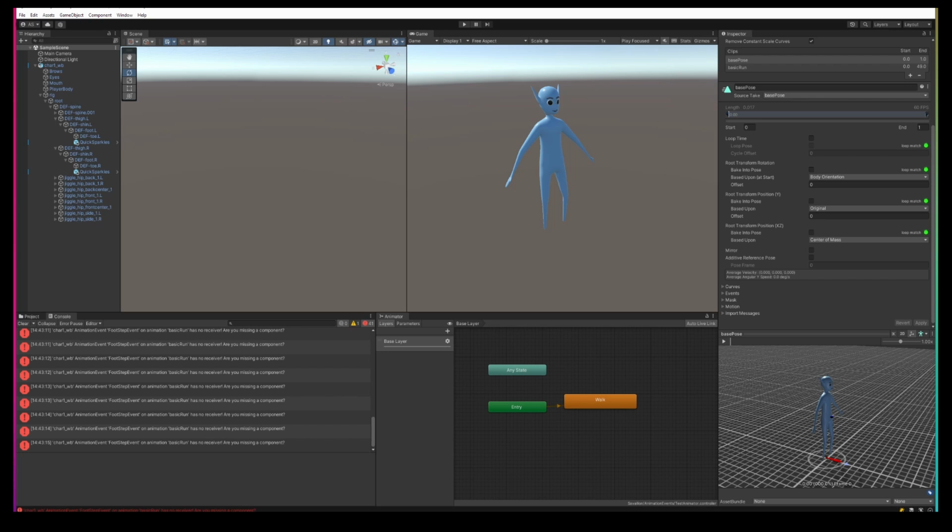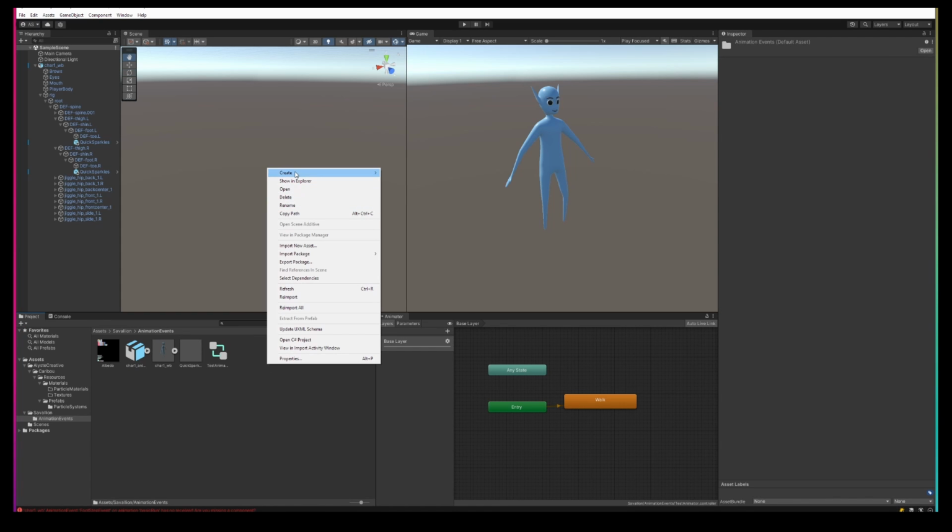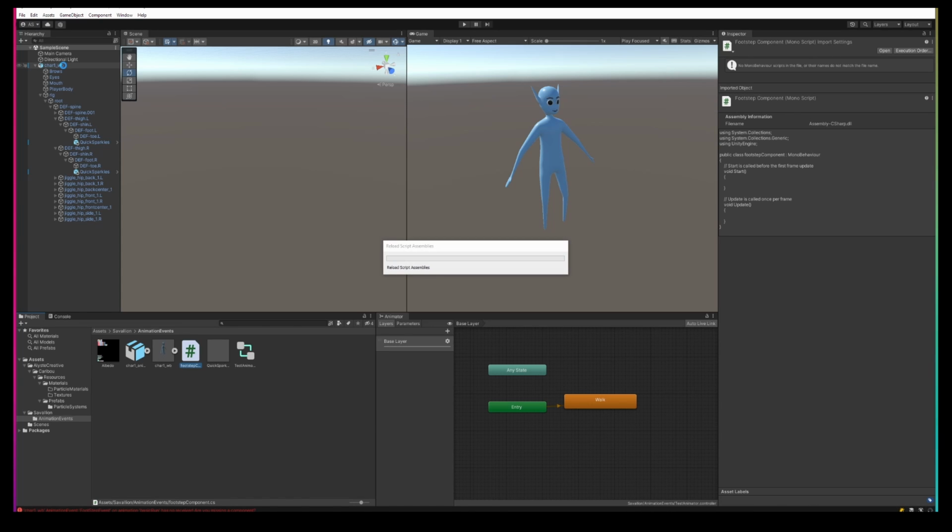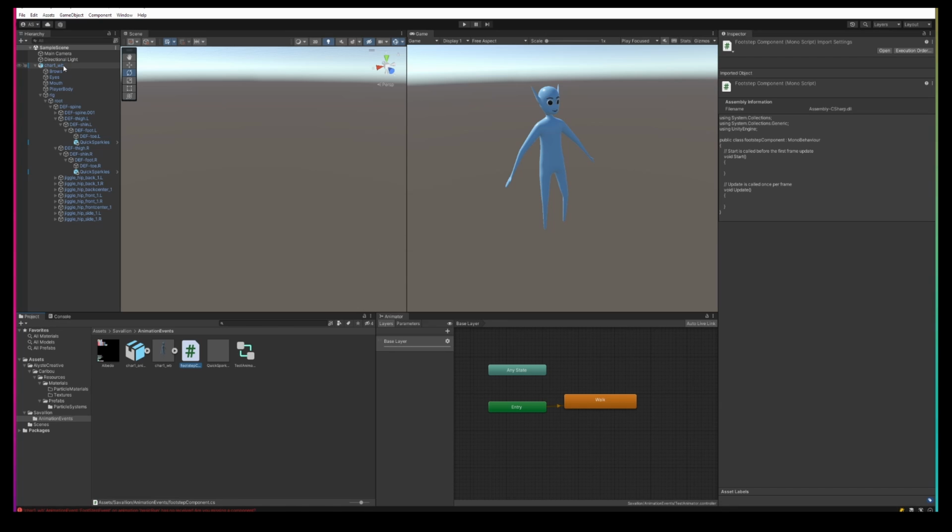So we're going to do that next. I'm going to create a script. For my actual game, I have a script that handles all the visual effects for my units that I use to catch different animation events. For this little demo, I'm just going to create a very specific, simple script called footstep component